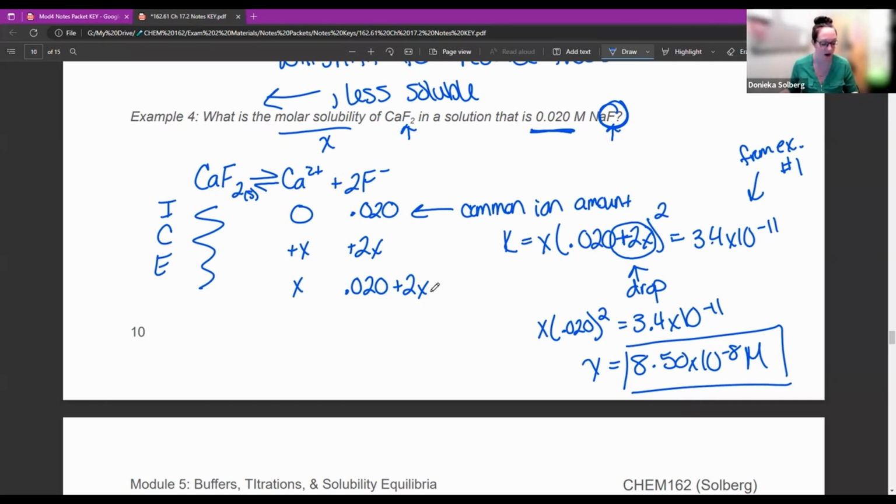All right. Okay, so that was the first type, common ion. Now we're going to